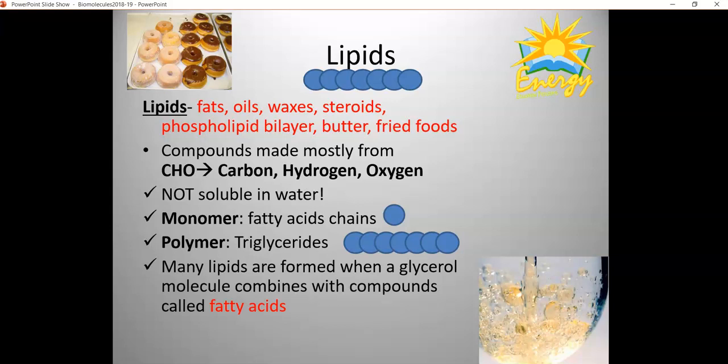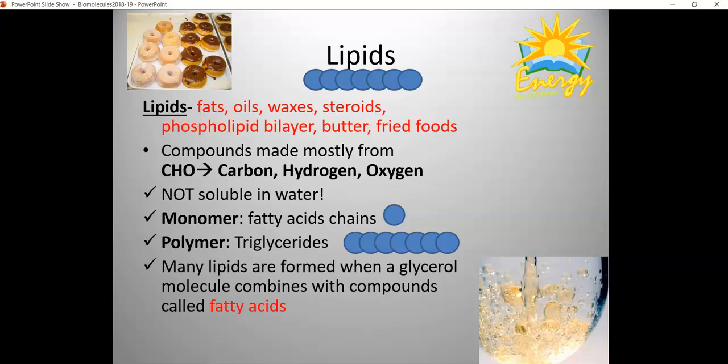So you have compounds made mostly from CHO, carbon, hydrogen, and oxygen. Okay. All biomolecules have the compounds CHO. All living organisms have CHON, which I'll explain, but all biomolecules have CHO, carbon, hydrogen, and